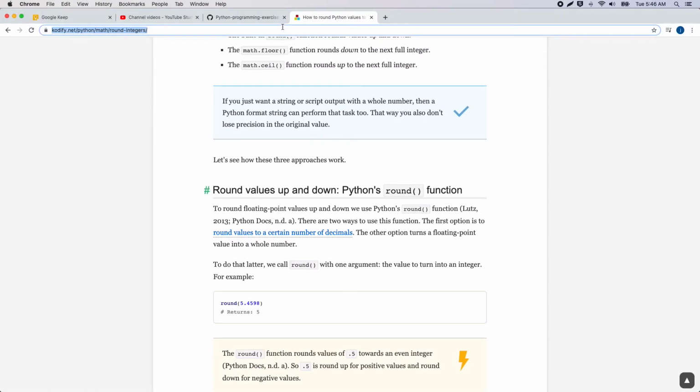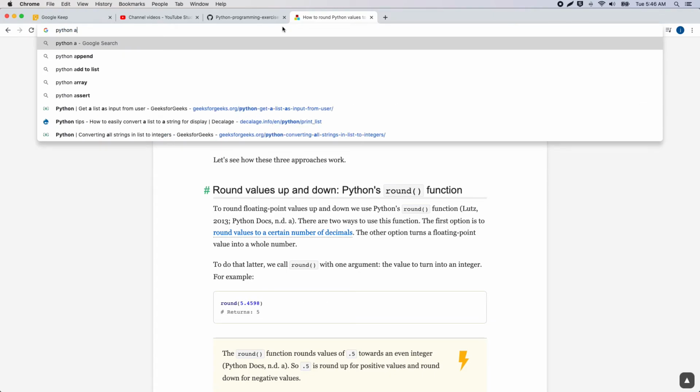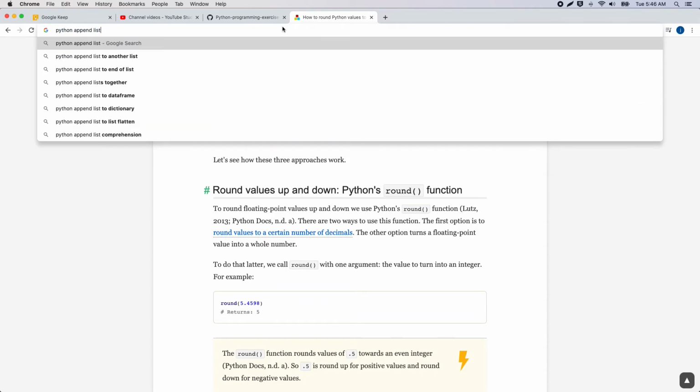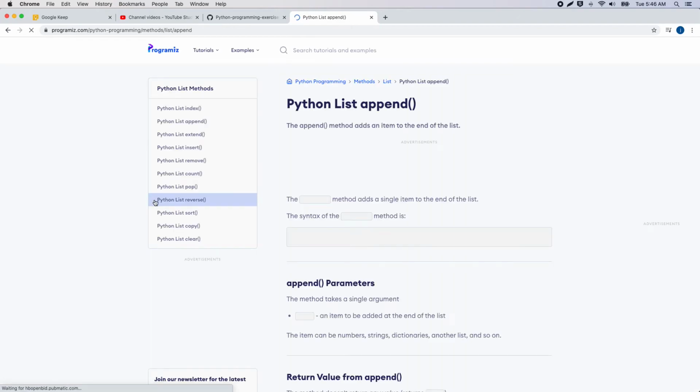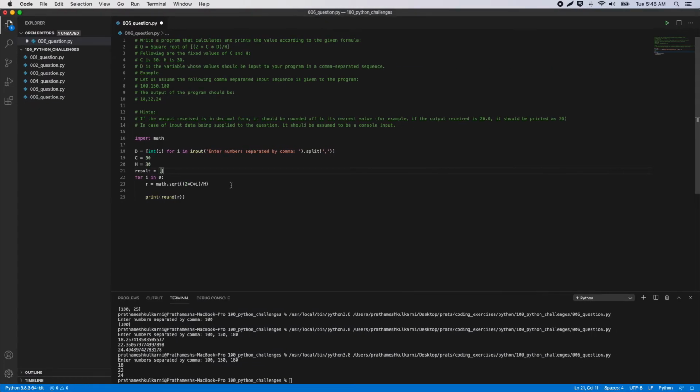Okay, how do we append to a list? Python append list. Okay, so we say result dot append round of R. So this becomes a list. So we say print